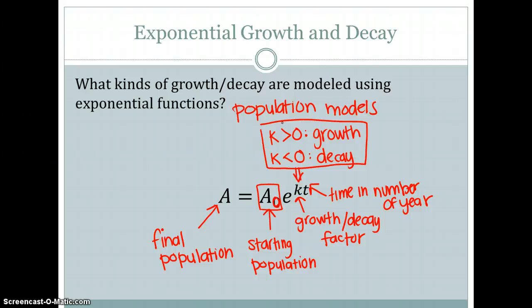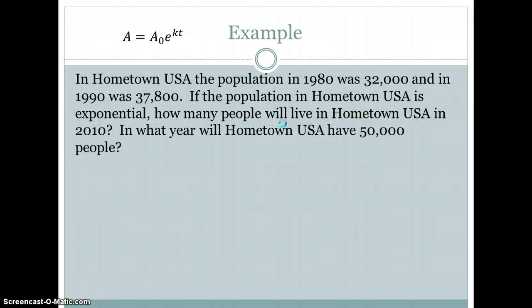So if we look at an actual problem, in Hometown USA, the population in 1980 was 32,000, and in 1990 was 37,800. Population is exponential, so we know we're going to use this basic setup. How many people are going to live there? So this is two different questions. How many people are going to live there in